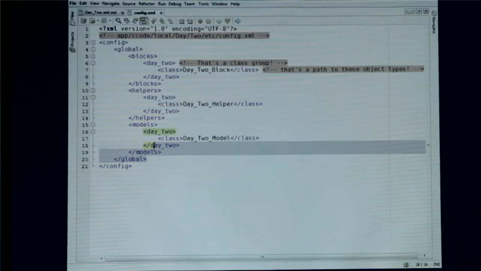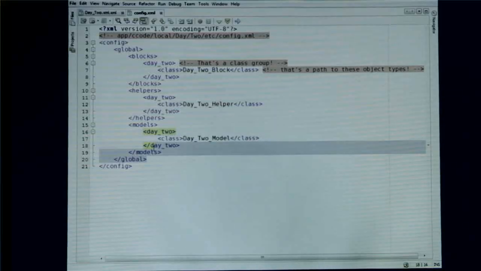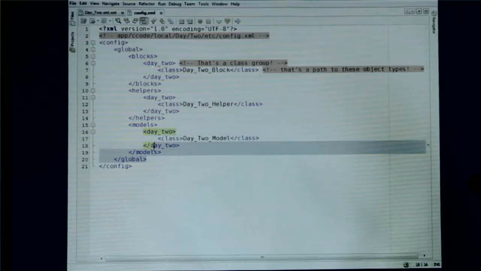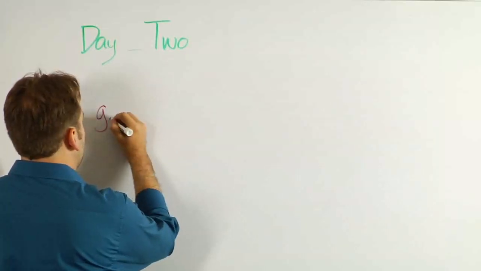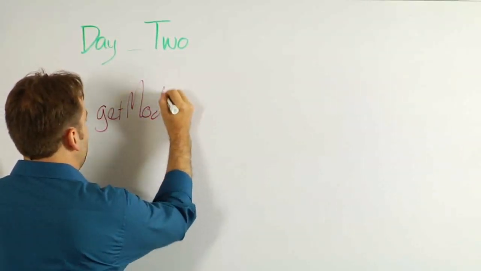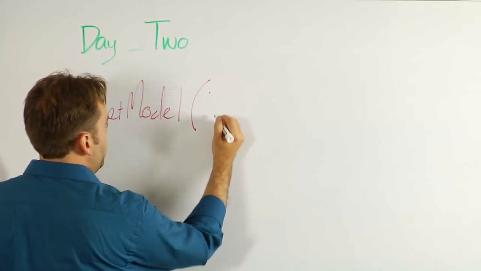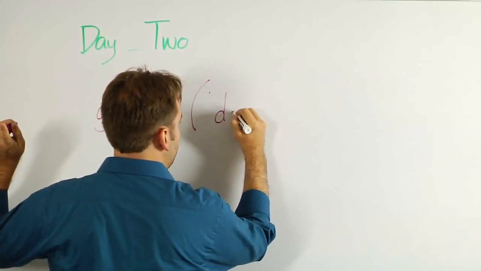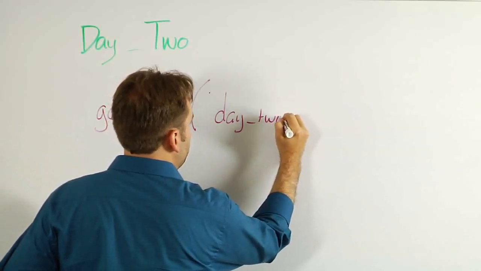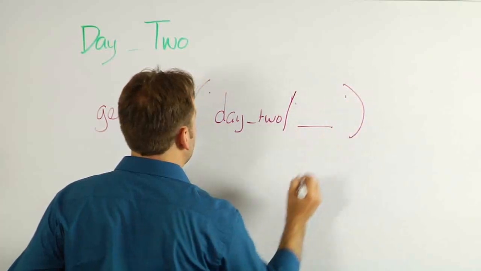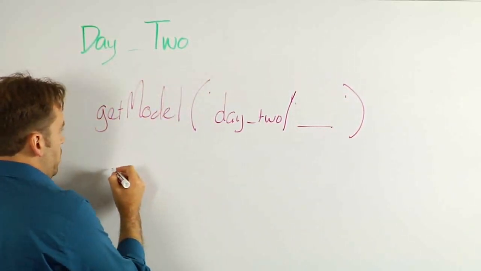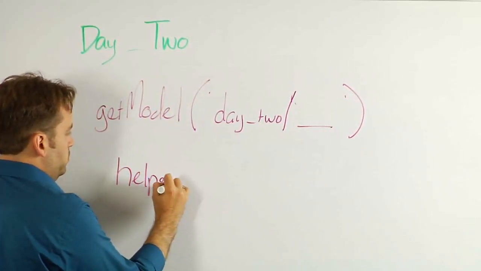Whatever I pass in to those methods, that string value that I pass in before the slash, just comes from here. So I'll do this one more time here. So getModel takes, in this case, day 2. Helper. So,